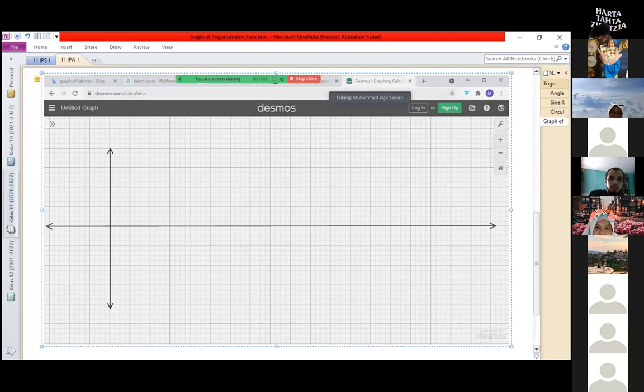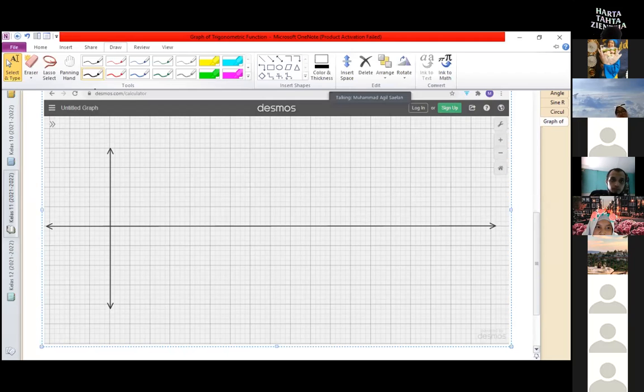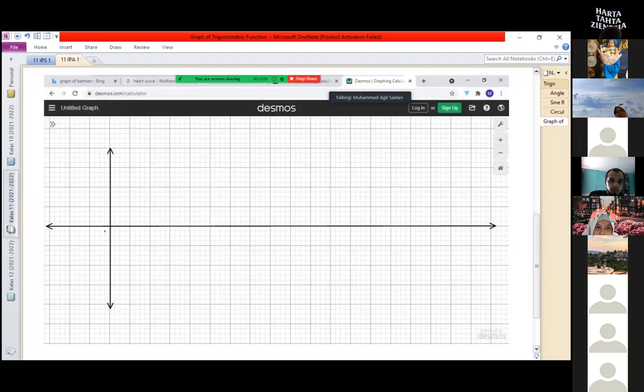Okay, so you can use any scale, ya. So yeah, we'll start with 0 here, of course. And then, yeah, you can, for example, give 30 degrees. Okay, let's say the 90 degrees, you can put it here, for example. Or yeah, you can also put it here. Yeah, but the point is you have to be consistent, yeah. You have to draw it on scale, yeah. So if you put 90 degrees here, then 180 degrees should be here, and so on.